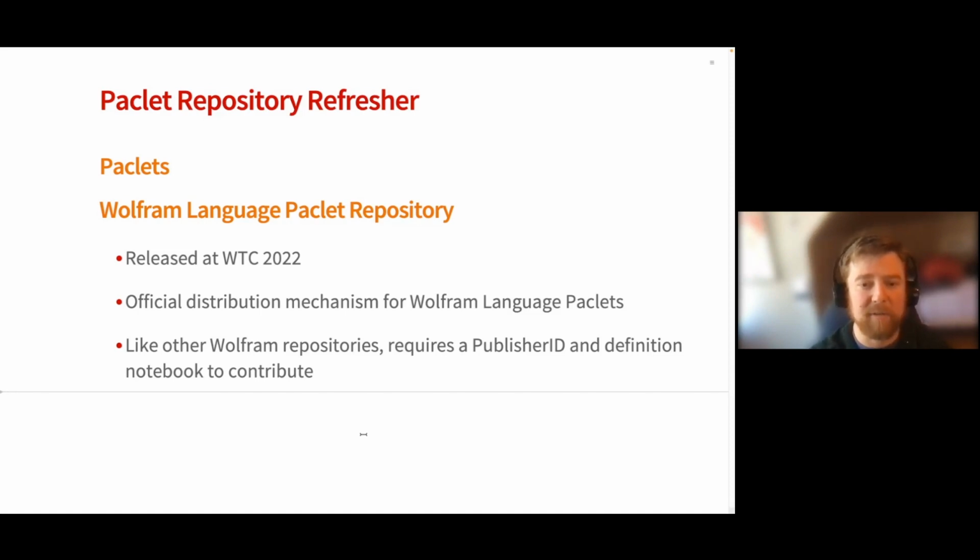I should also note here the Paclet Repository. Let me add a new button because this is important. Not reviewed,